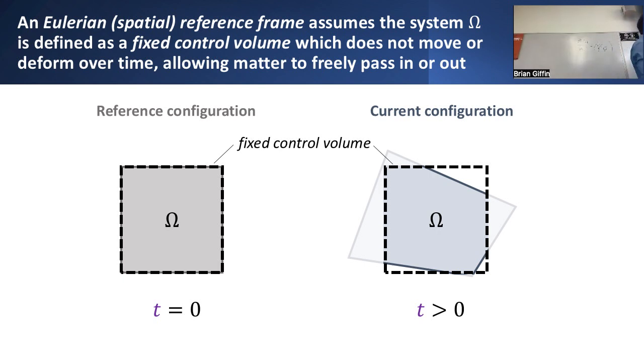It doesn't move. It's the mass or any kind of material that comes in or out that moves. So even if I'm looking at some originally cubic block of material, if that block deforms, maybe it translates, goes somewhere else, if I choose to define my reference configuration, my system volume, such that it remains fixed in space,